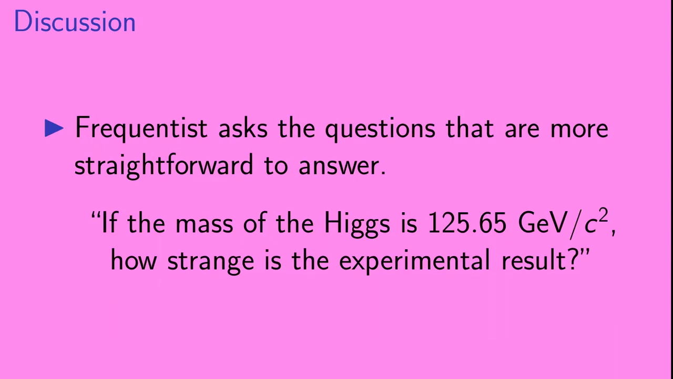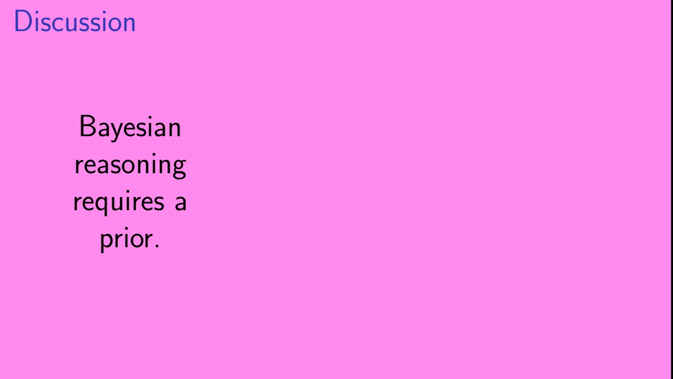However, frequentist methods ask questions that are more straightforward to answer. For example, if the mass of the Higgs is 125.65 GeV over c squared, how strange is a particular experimental result? That's a frequentist question. But